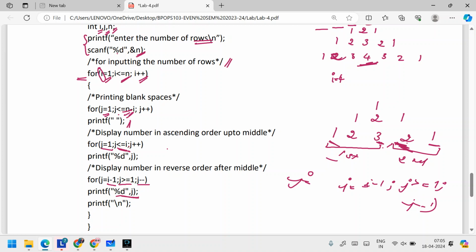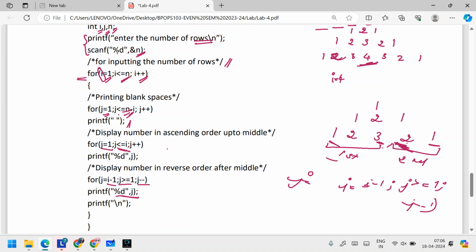So what are you supposed to do? You take the number of rows as the input, then you will have 4 rows. There are many programming logics for doing this. This uses the concept of loops. To be very precise, because we are using multiple for statements, we can say that we are making use of nested looping statements. And how does this work? There will be 4 loops. The first loop will be for the number of rows, so determining the number of rows.